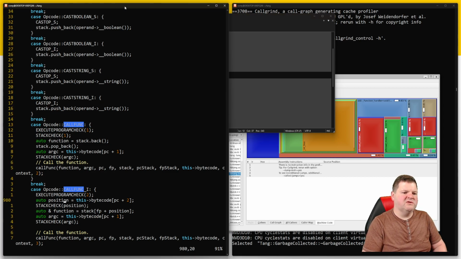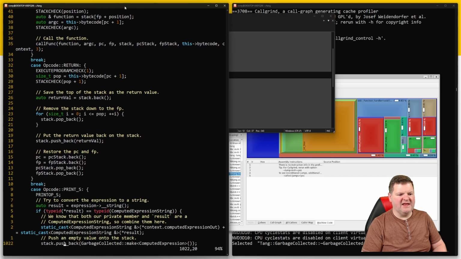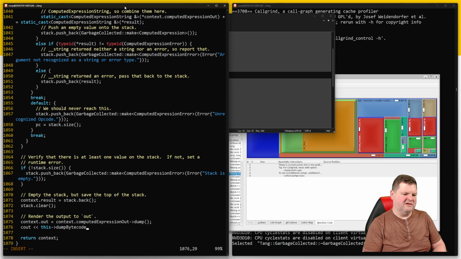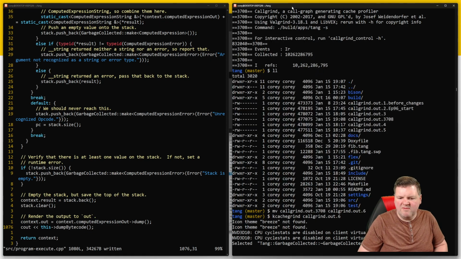I'm going to, at the end of the execution, cout this dump bytecode. You would never do this normally, but